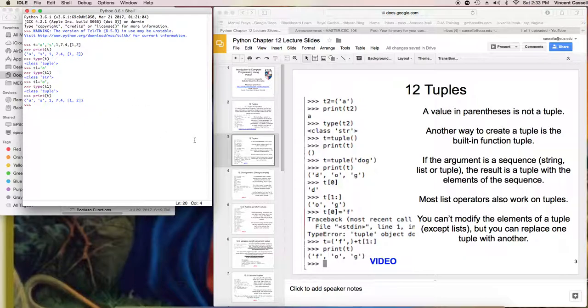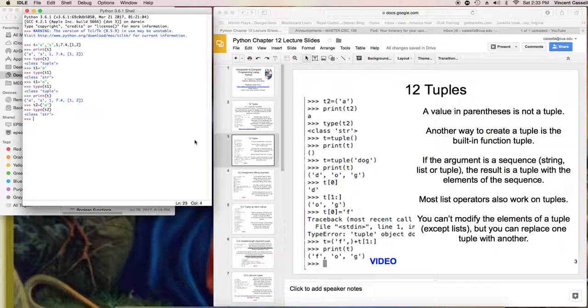But simply assigning a variable to something with parentheses around it doesn't make it a tuple. If I set T2 equal to the string A with parentheses around it, that doesn't make T2 a tuple. In fact, if you look at type T2, it says it's a string. So to make it a tuple, I have to have that comma at the end,